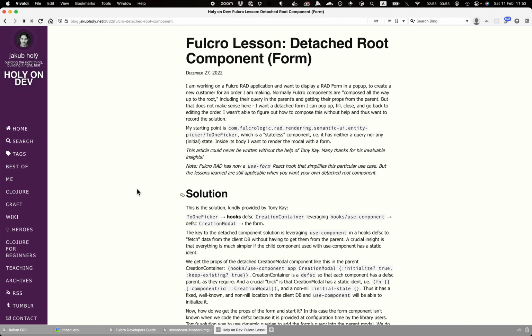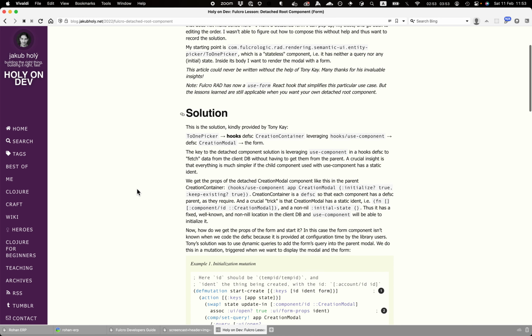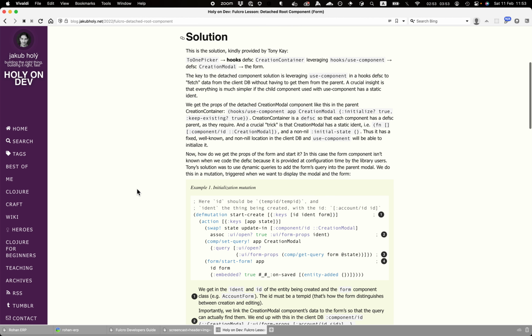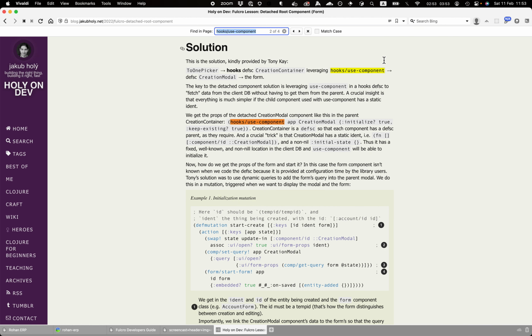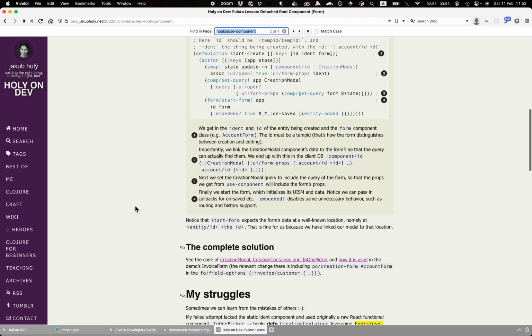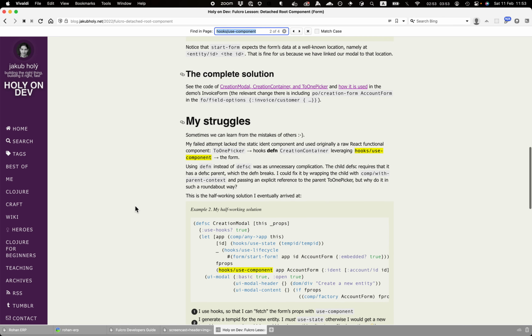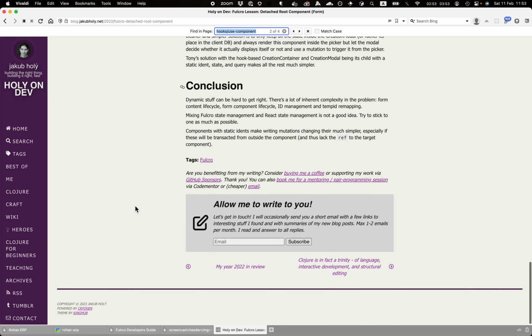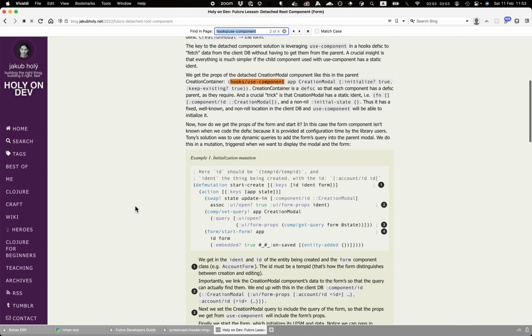Right. Yeah, there's a hooks used component. Yeah, it's our resolution. So